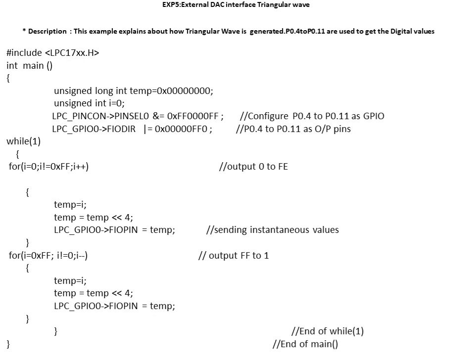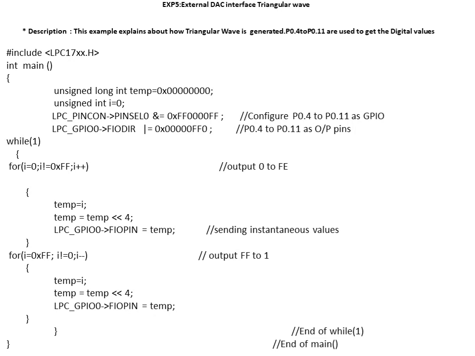In the first for loop, what we are doing is we are going to output the value. We are taking a variable i. We are sending the value from i equal to 0 to i equal to 0xFE. That is from 0 to the highest value FF, but it will go up to FE. In the body of the loop, we are sending the instantaneous value i to the variable temp. Why variable temp is used here is that, in order to output, the value has to be sent through only port 0 bit 4 to port 0 bit 11.